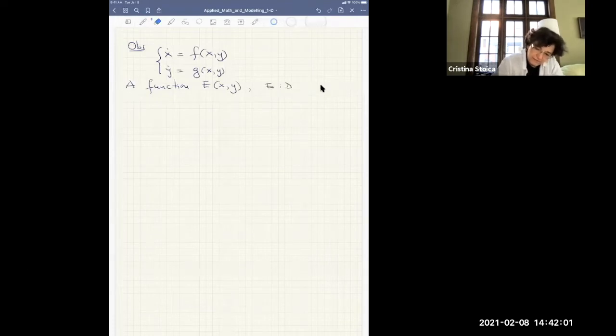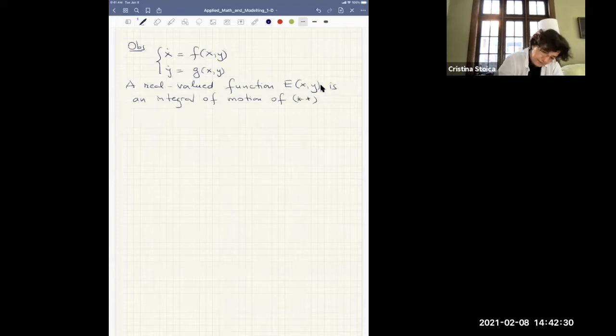To avoid writing the domain, I'm going to rephrase: a real valued function, so we know it takes values in R, E of x, y, is an integral of motion of, let's call this double star,